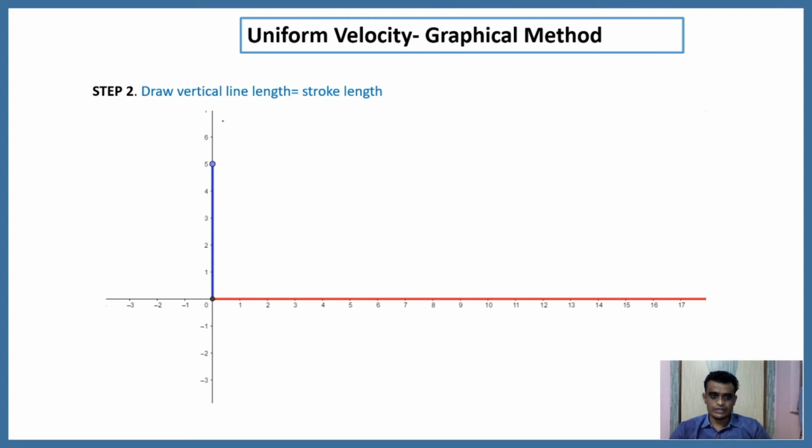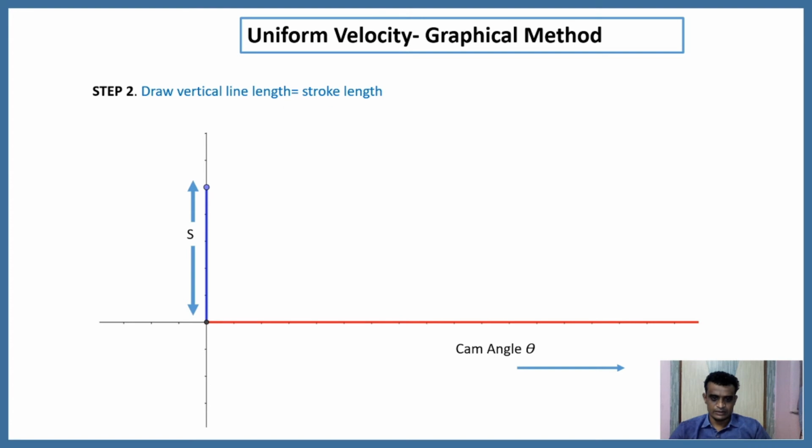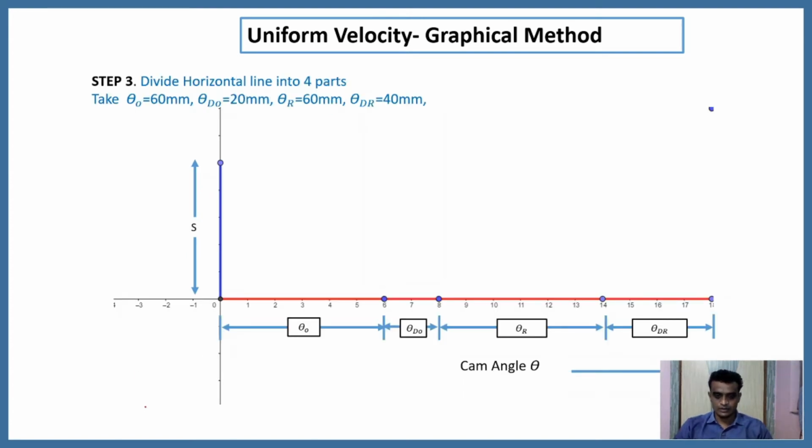Now draw one vertical line whose length is equal to the stroke length. This is the blue line, the stroke length. Next, after drawing this horizontal and vertical line, that means the stroke length and the cam angle, we need to divide this